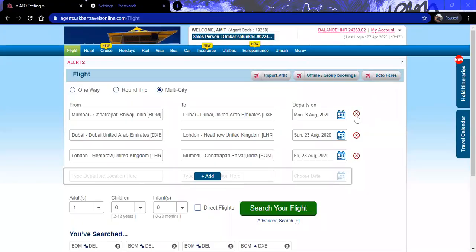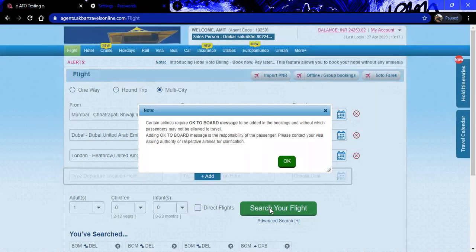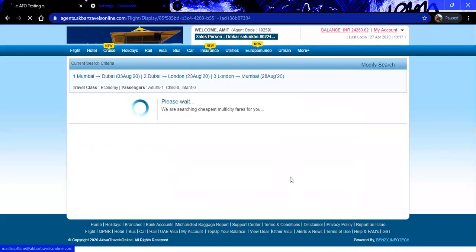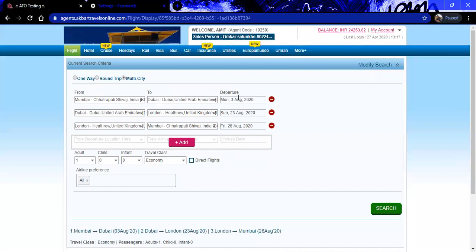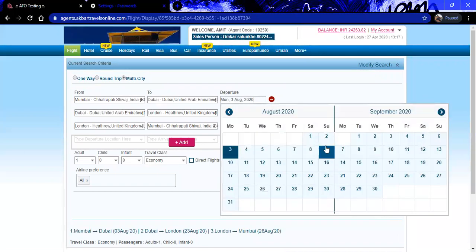Yes, so I have selected the three destinations over here, two destinations, that is Dubai and London, and coming back to Mumbai, selected the dates accordingly, and I have clicked on search button, which will be going on to the further search page. The information in regards to that destination is shown over here, which we have to consider. Okay. So here, whatever we are getting, the page is the availability page for a multi-city, which will be showing you each and every detail for that particular destination. Right. So the availability.